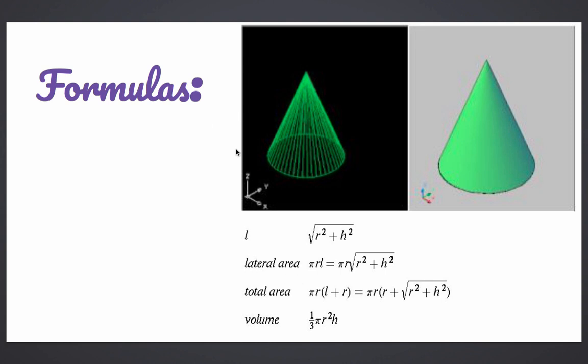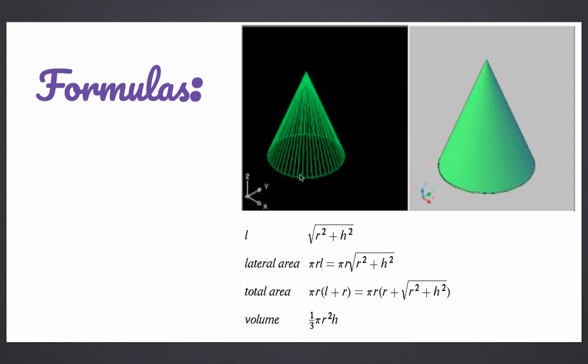Lateral means this curved part, not the circle part. Because when you wear the cap, the circular base is not there, right? Only this curved part is there. So lateral surface area is this only. Okay, lateral surface area for a cone formula is pi r l. And if I substitute the value of L, then the formula can also be written as pi r square root of r square plus h square. Perfect, students?